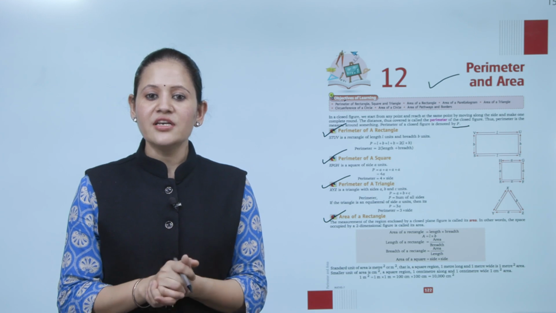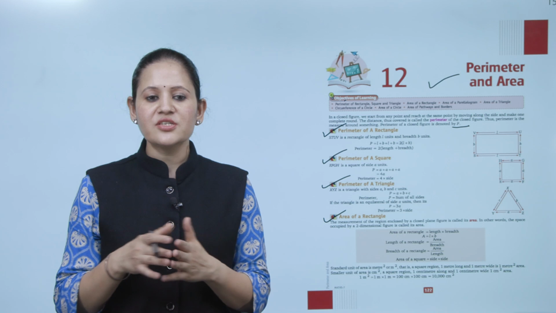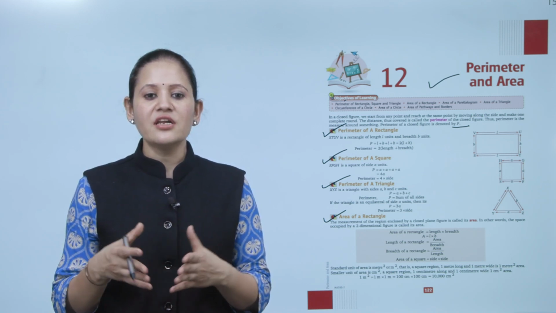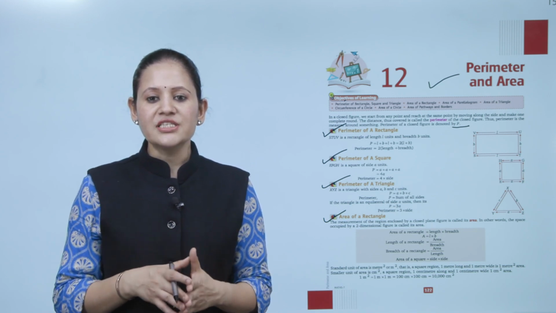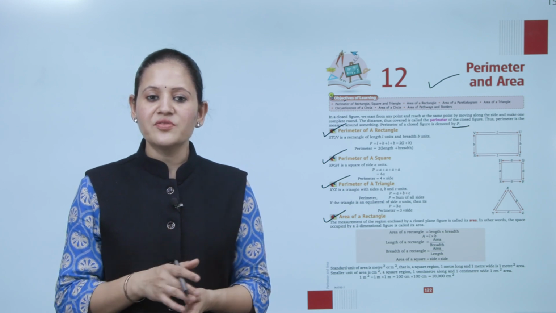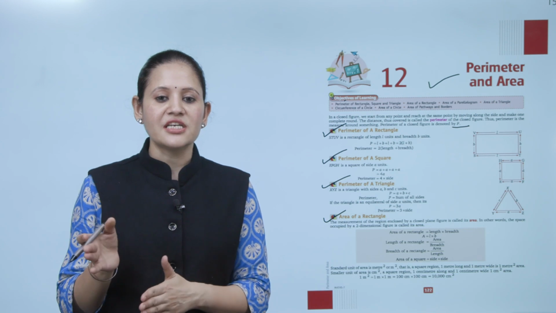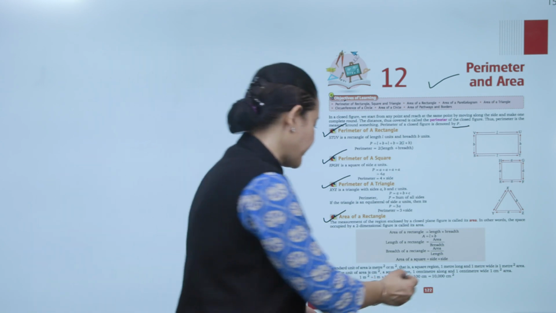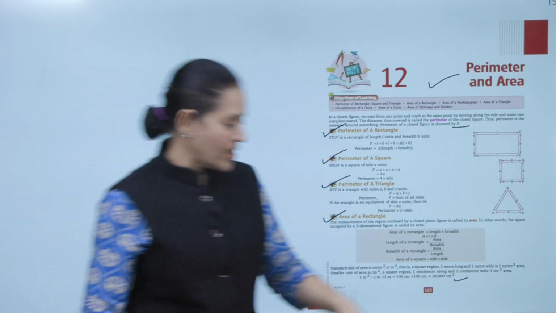That is the square region 1 meter long and 1 meter wide. So 1 meter square, that is the area. Smaller unit of area is centimeter square, a square region 1 centimeter long and 1 centimeter wide. 1 centimeter square, that is the area. 1 meter square equals 1 meter into 1 meter, that is equal to 100 centimeter into 100 centimeter, that is equal to 10,000 centimeter square. So 1 meter square equals 10,000 centimeter square.